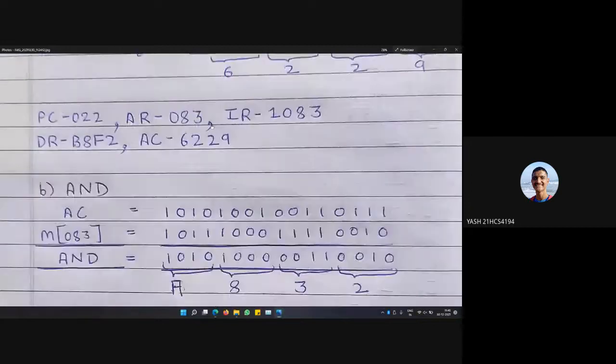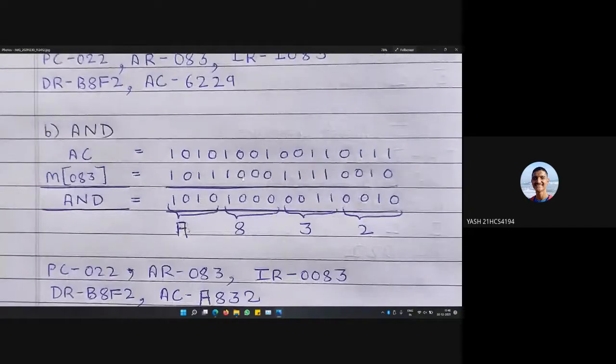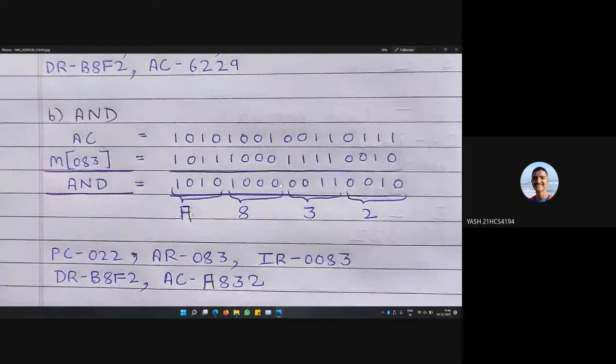Then the operation will be performed in binary and converted back into a hexadecimal value. The first value in the AND instruction we get from the accumulator register. The second value we fetch from memory address 083, and it is first fetched into the data register, because we cannot operate directly between memory and AC.